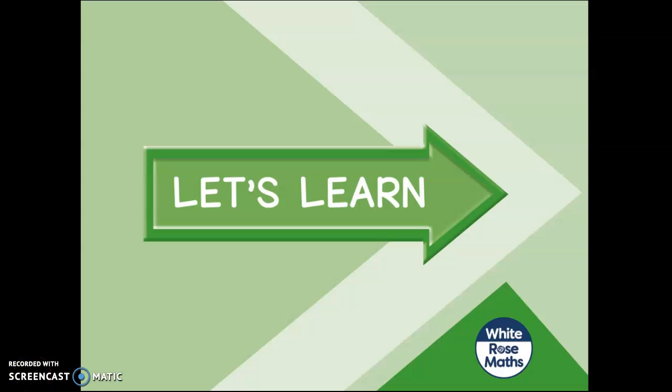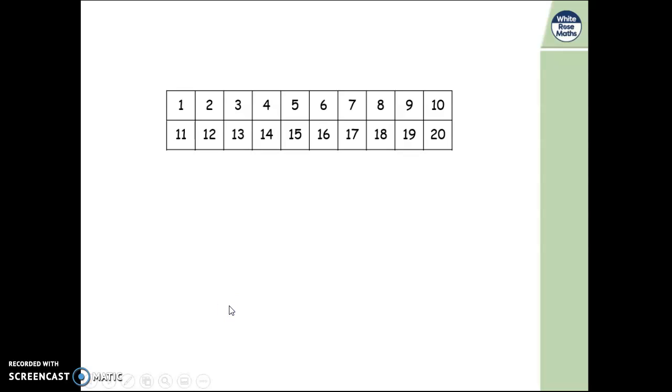So now we've had a go at the warm-up, let's have a look at today's teaching. Right, so we have a number square there up to 20, and we've looked at doing jumps of 1 when counting in 1s, we've looked at doing jumps of 2 when counting in 2s, and now we're going to look at 5s. So I start at 1, and because I'm counting in 5s, I'm doing jumps of 5, so